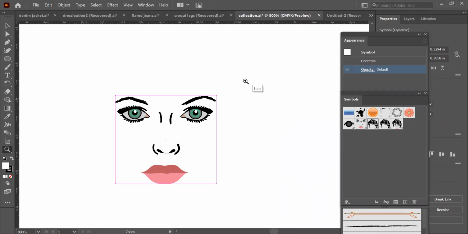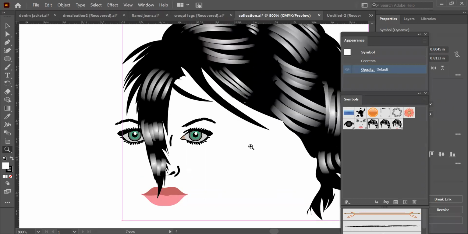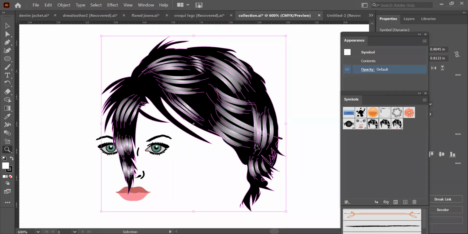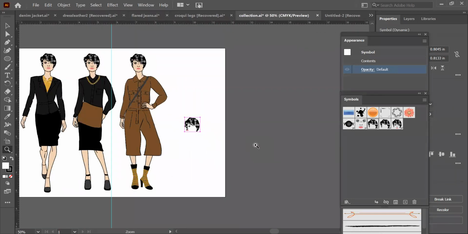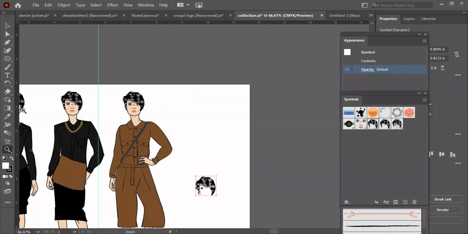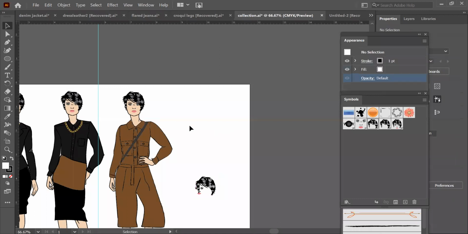And then the hair, that small. And then I use them in all, so it was okay.